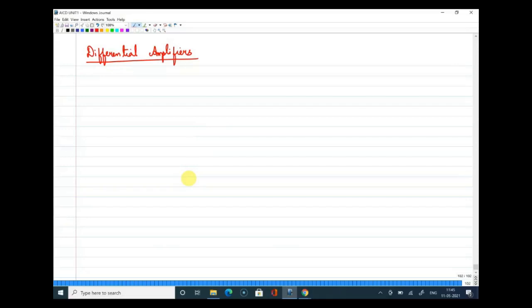Op amps, very good, Avinash. Yes, it amplifies the difference of voltage. Yes, that is also true. Yeah, op amp. I think most of you are connecting this differential amplifier to op amp, because whenever you learned about op amp, you saw the circuit of a differential amplifier by providing inputs to an op amp, right? Yes. So what I want to point out here is whenever we talk about differential amplifier, we will